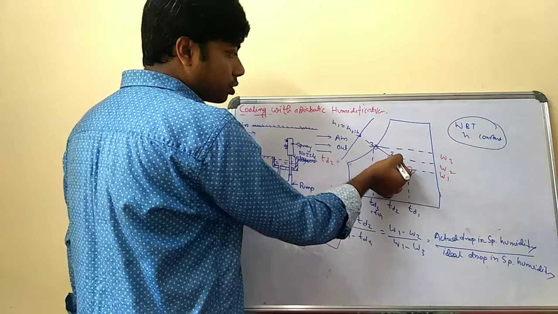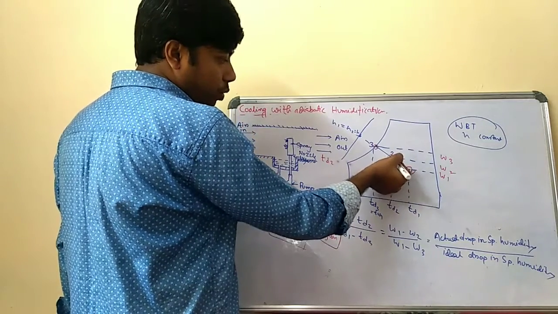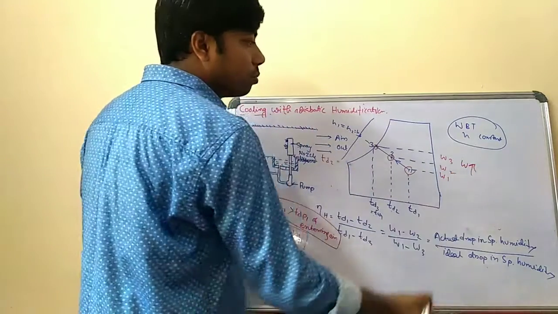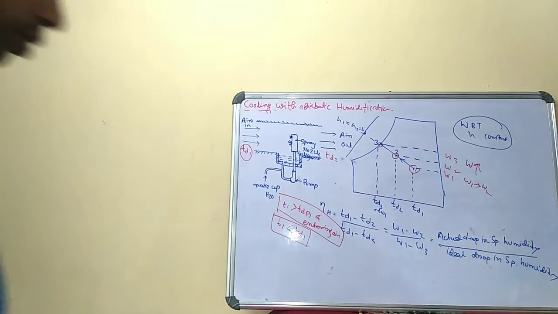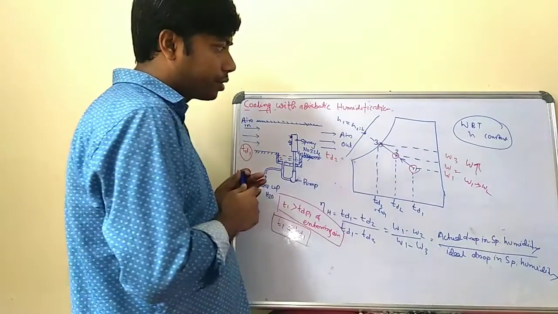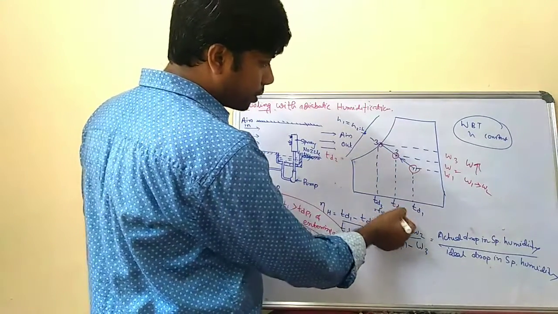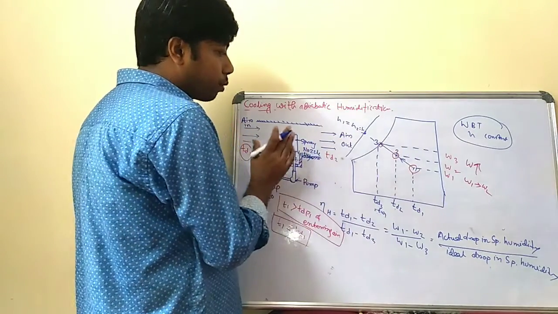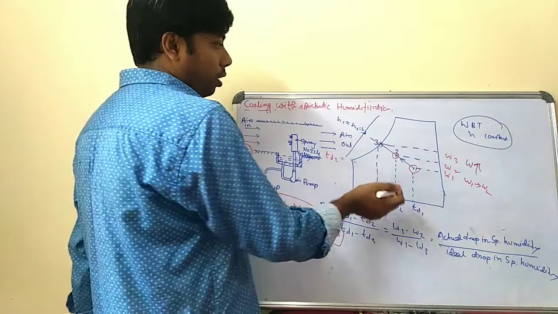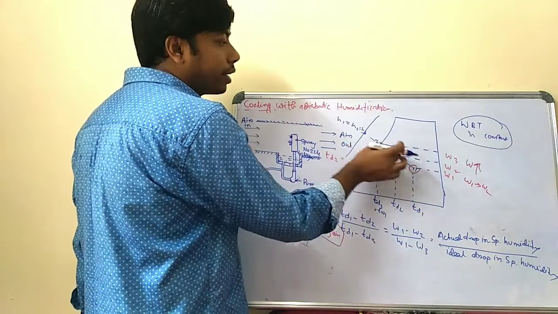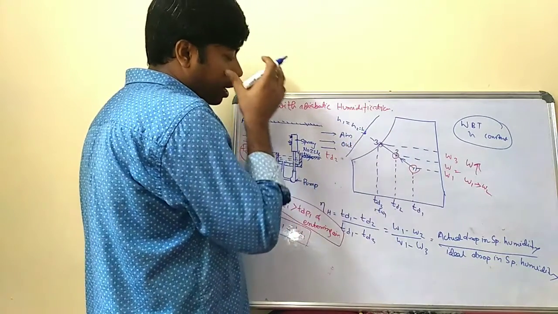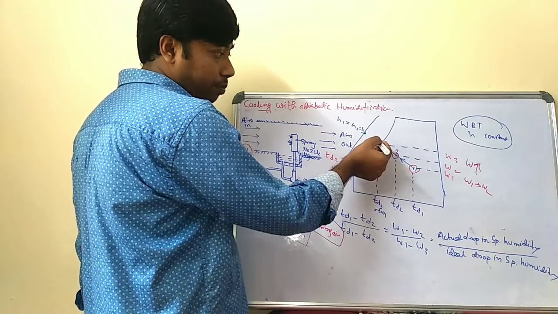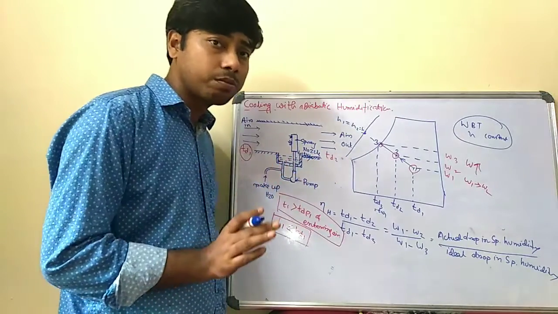So in this process, this is the point, and we assume the corresponding dry bulb temperature is TD2 and the corresponding specific humidity is W2. So this is point 1 and this is point 2. If the process goes from 1 to 3, the process would be ideal, but that is not possible. So we can assume that between point 1 and 3 there is a constant line, and we assume point 2 is here. If it reached that particular point 3, that would mean the ideal condition, which is not possible.